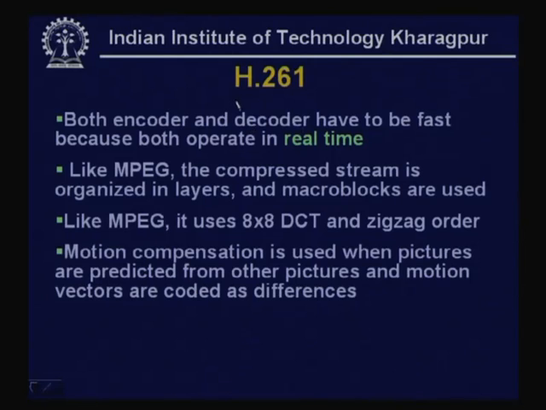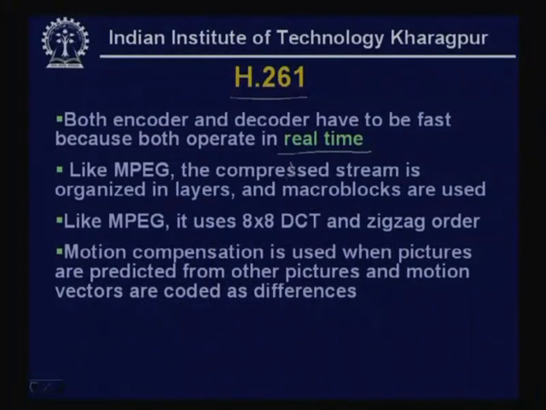And another requirement of H.261 is that both the encoder and decoder have to be fast, because both operate in real time. So, in case of MPEG-1 or MPEG-2 or MPEG-4, we have seen that the encoder can be very slow because it is very complex. On the other hand, the decoder has to be fast, but in case of H.261, both encoder and decoder have to be very fast,